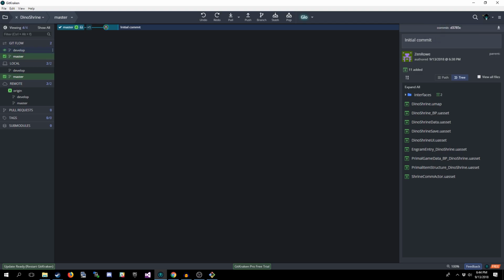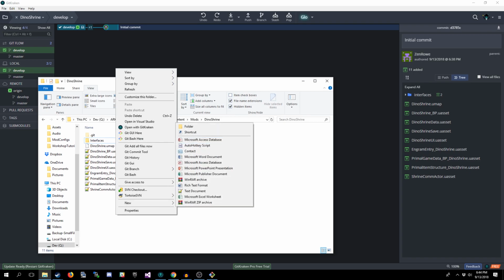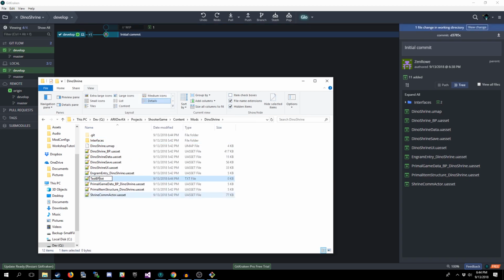Now, if we were going to make changes to the mod, we'd hop over here to the develop branch. Now, we're not in the ARK Dev Kit right now, but let's say you added a new blueprint. We'll just call it testbp.txt. That's fine. One thing to note is that generally, make sure you've got the dev kit shut down before you start messing with stuff in your version control, just to make sure that there's no mismatch of files and missing saves and things like that. Your working directory should be in the state that you actually intend it to be before you start pushing changes.